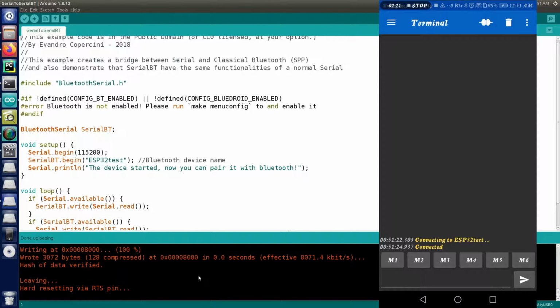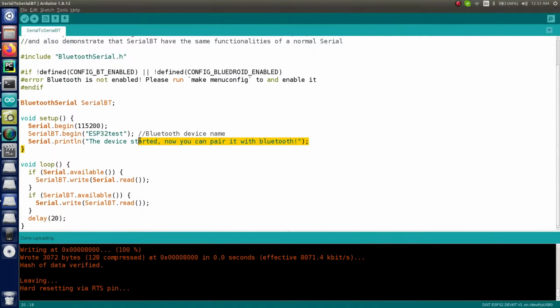To show you whether it's actually working or not, in the program you can see the basic program which is already over here, right? And after that, in the loop section, what we are doing is we are just checking the messages that will be sent, with respect to these commands like Serial.available, SerialBT.available. SerialBT.available means we are going to check whether the message is sent from the Bluetooth device or not. If it is not sent, then we have to send it, otherwise it will not show you anything, right? And all the messages will be shown to you on your serial monitor.